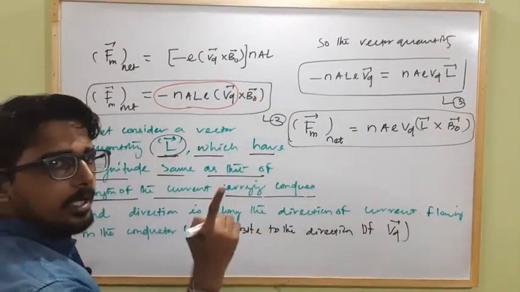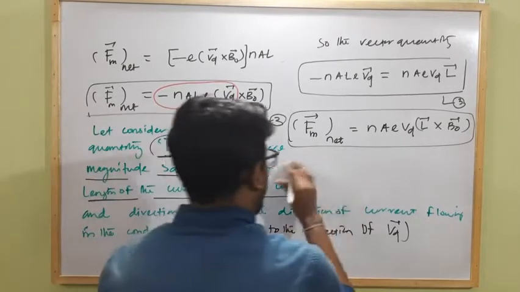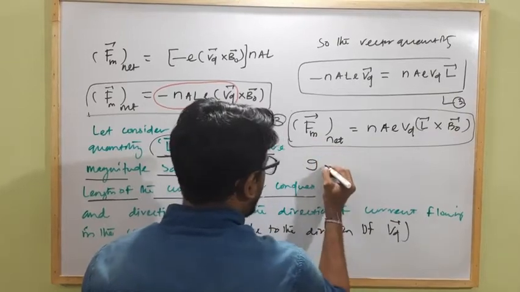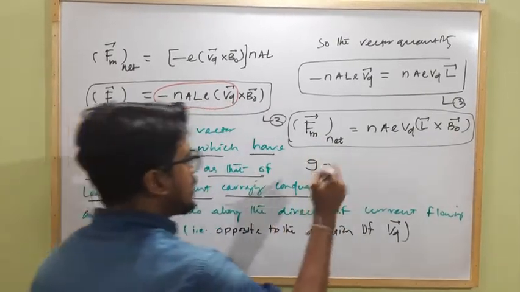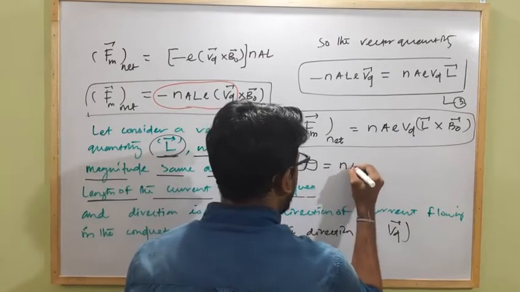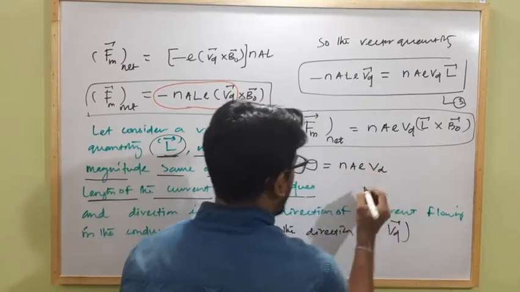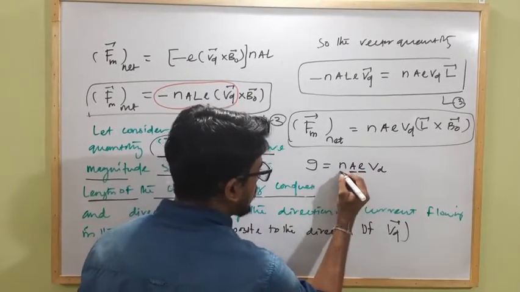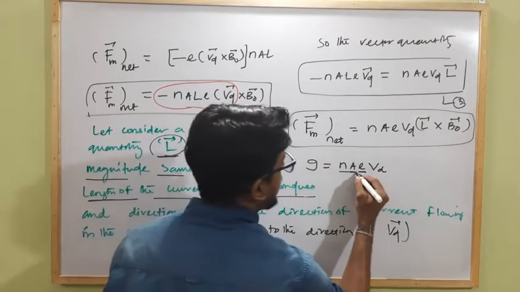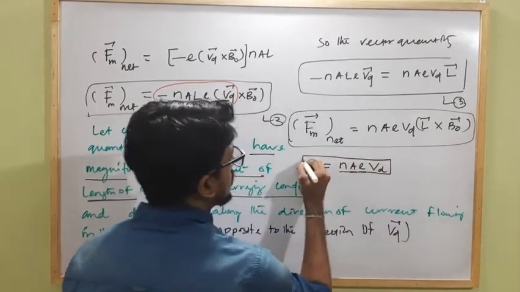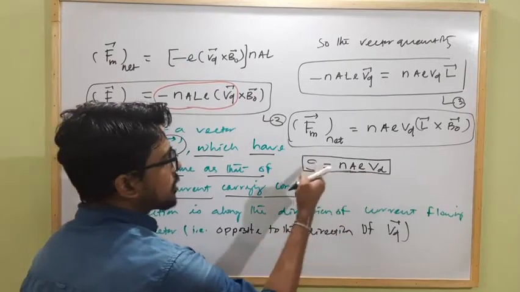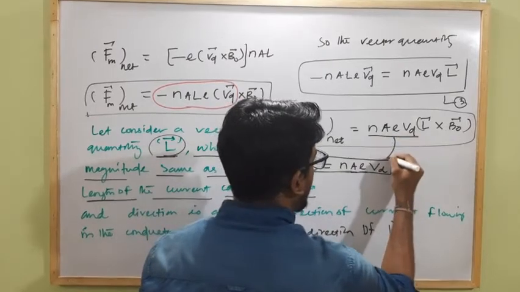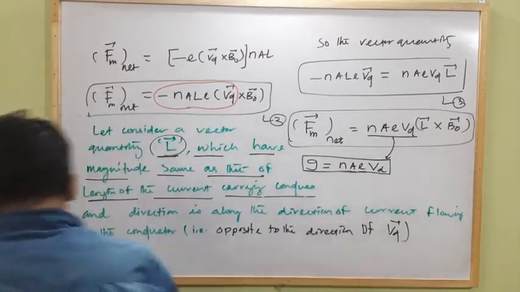Clear? Okay. And just remember one thing, we already studied in current electricity, the current flowing in a current carrying conductor can be written in terms of drift velocity, which is equal to nAe Vd. What is e? Charge of an electron. A is the cross sectional area of the conductor, n is the charge density of the conductor, and Vd is the drift velocity with which the electrons are drifting. And this is the expression for current flowing through the conductor. So if I replace this term with I, the complete expression will become how much?